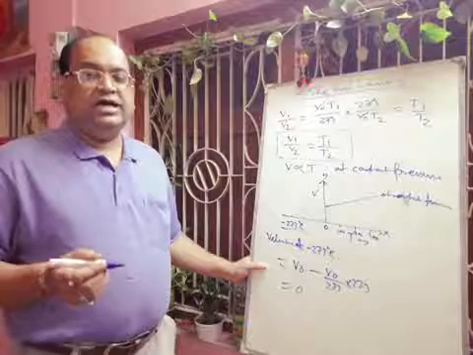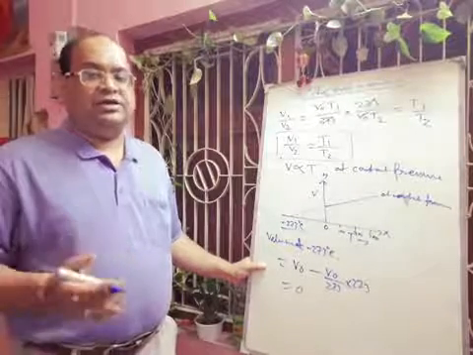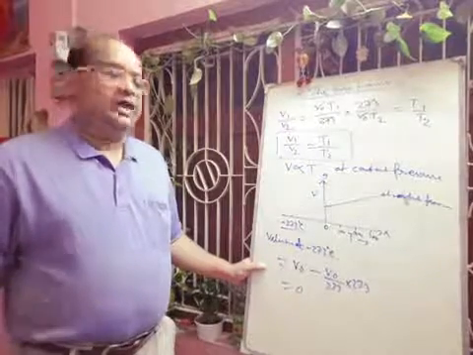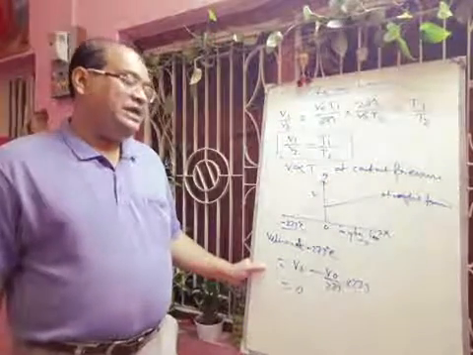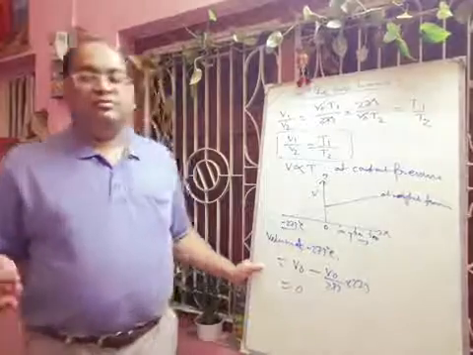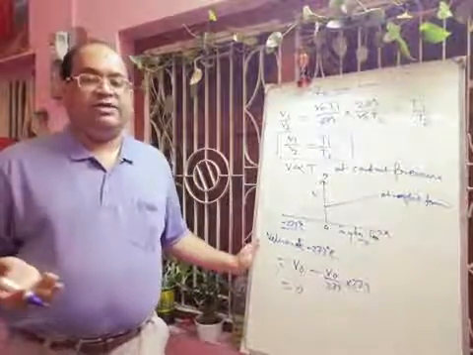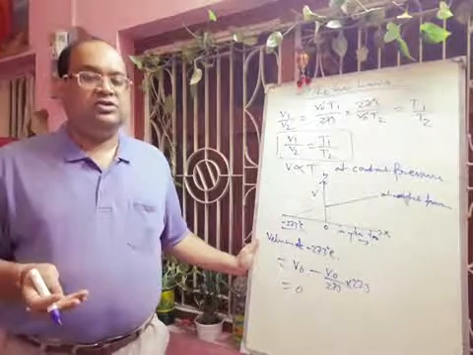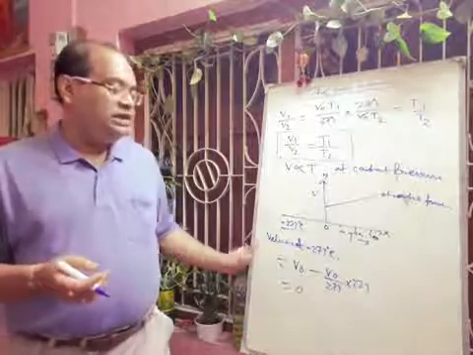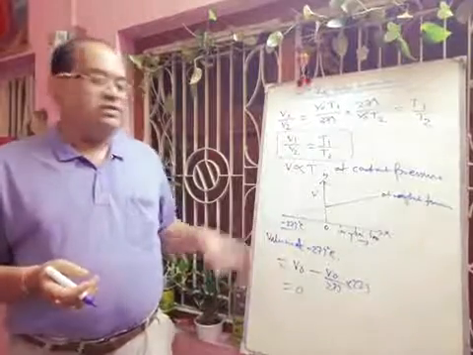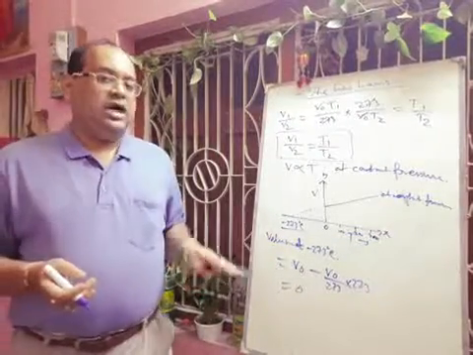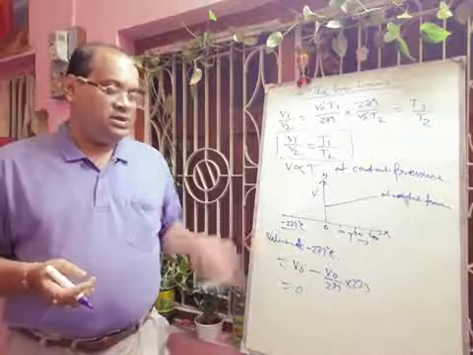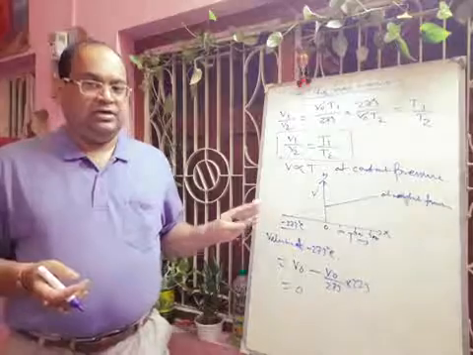So absolute 0 is the lowest temperature theoretically possible at which the volume of a gas should become 0. Practically, how will it be 0? If we reduce the temperature, the gas will become liquid, and finally it will become solid. So experimentally it is not possible, but theoretically we show that at absolute zero the volume will be 0, and according to Charles' law this is the lowest possible temperature.